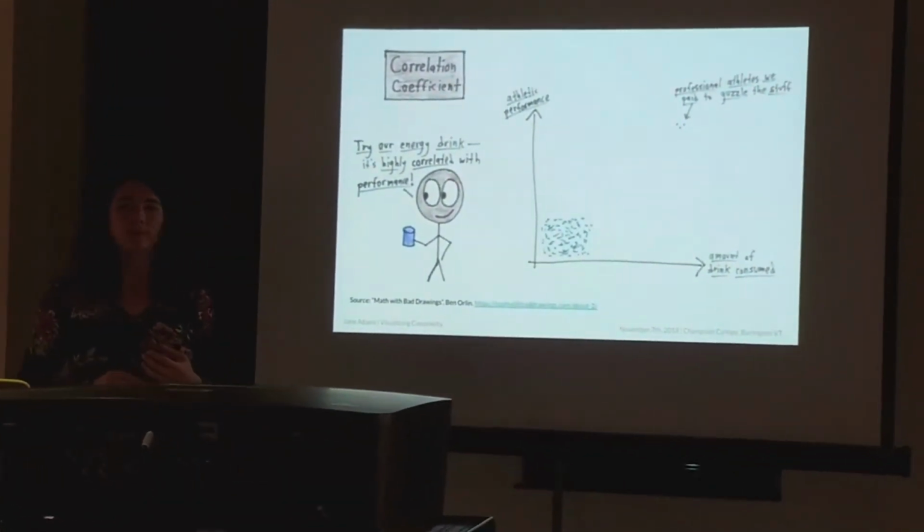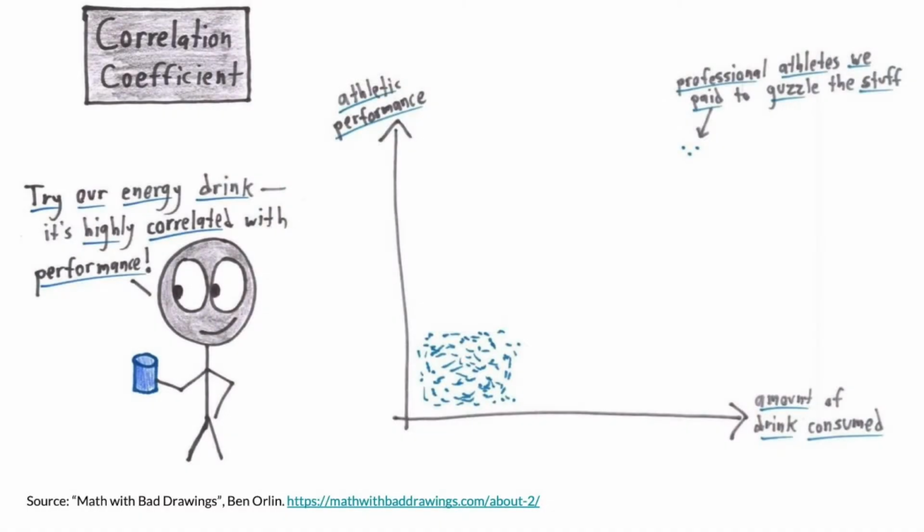Of course, correlation can be misleading. Not only is correlation not equal to causation, but sometimes we'll see a skewing. So this is an example. Take an energy drink. It's highly correlated with performance, and very few people who drink an energy drink have low athletic performance, but then the company has a couple of professional athletes that they paid to drink a lot of the energy drink, and now they have this correlation value. And so it's really important in our research that we think about the ways in which our summary statistics can mislead us.